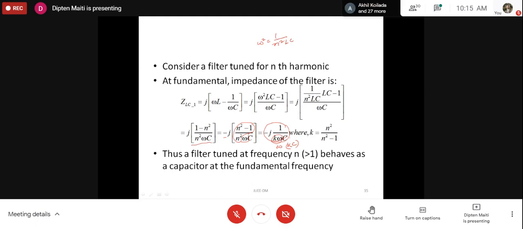So what is the advantage of that? The advantage is that it would supply some sort of reactive power to the load, which is usually lagging in nature. If you remember your first year class, a lagging load absorbs reactive power. So that means we require some sort of capacitor banks to improve the power factor.